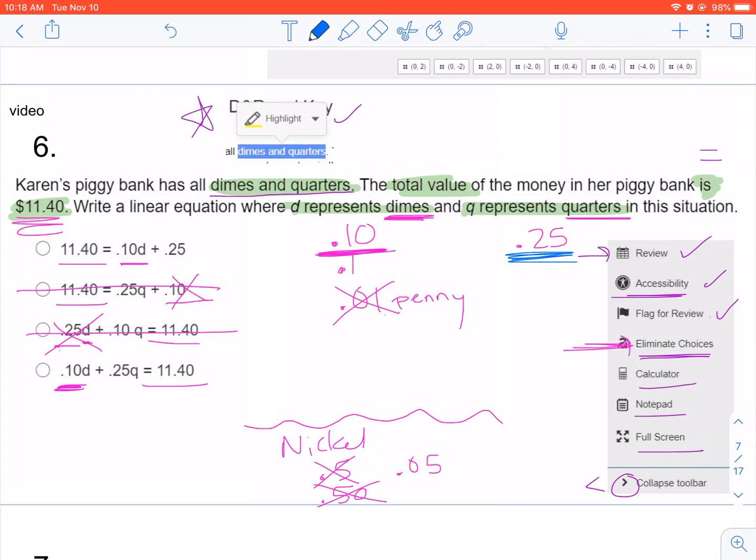Again, we need the number 0.25 going with a Q for quarter. So up on this top one I see the 0.25, but I'm missing the Q. And down here I see my 0.25 with my Q. So there it is. I found my numbers that go with the variable, and I guess I should actually circle that one. The numbers that go with the variable in both cases. And so that's what you're going to do as you continue through these next questions, is you're going to put the numbers with the variable that goes with them and make sure that they match up nice and neat. This is your answer for